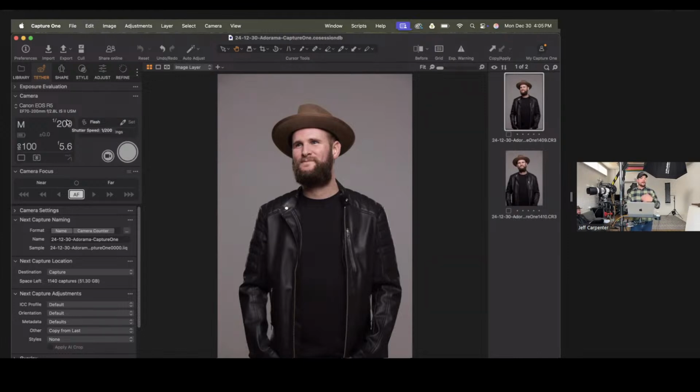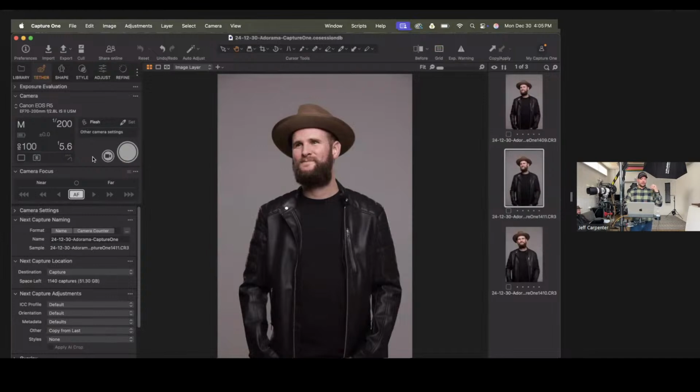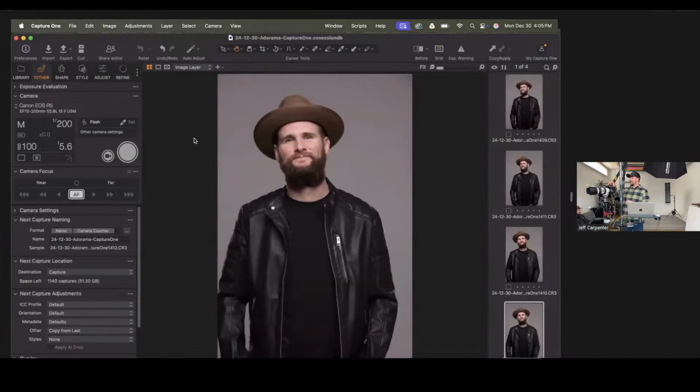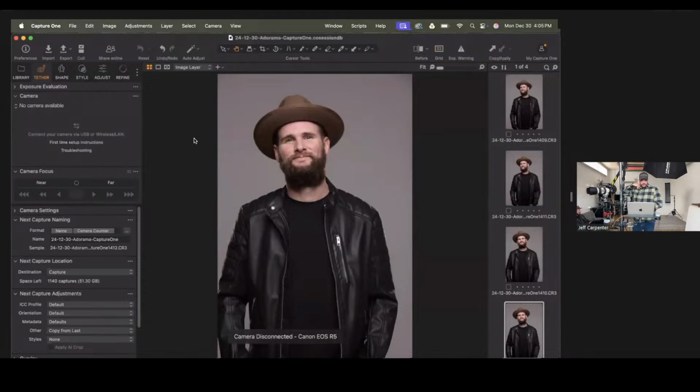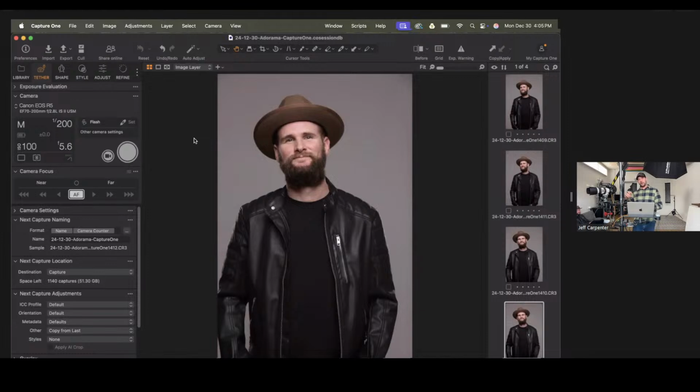I can start shooting. I have all my camera controls in here. I'm going to take a card out because there's something called recapture, I think is what it's called, where it allows you to unplug your camera, take some shots, and then it basically dumps the photos that were on your card back into Capture One. I don't actually want to do that, so to make it easy, I unplugged my SD card because it basically just duplicated my photos here. So I don't want that, but luckily I only took 2,